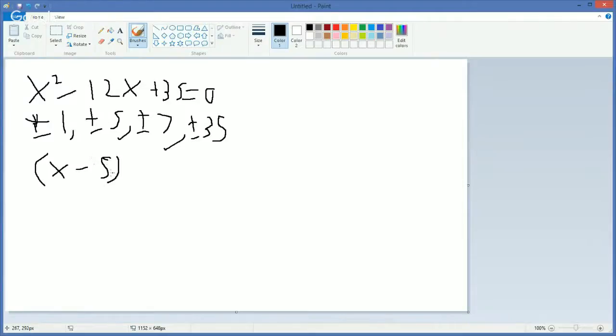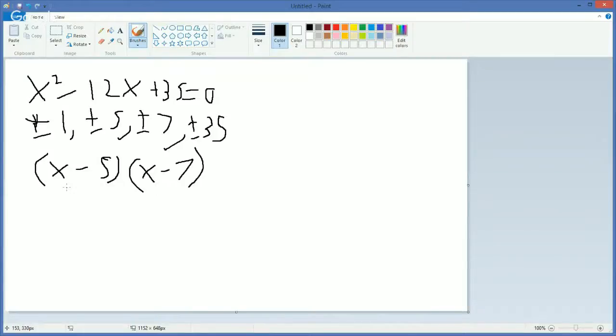But now, because you've got your first one, you have to figure out which other one gets you to minus 12. Well, in this particular case, we know that minus 5 and minus 7 add together to make minus 12. So that gives you x minus 5 times x minus 7, which will work out to,